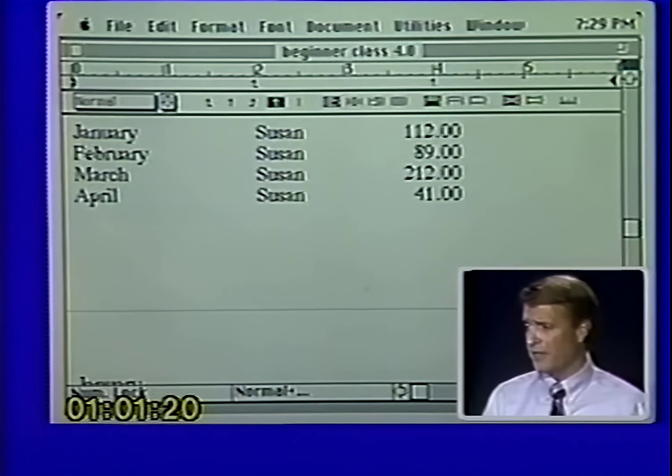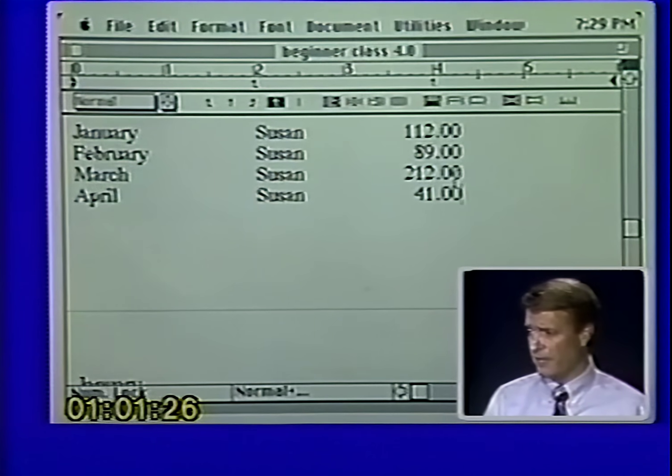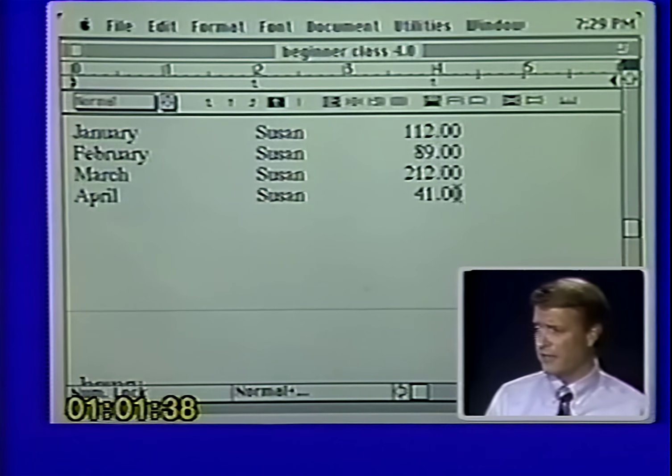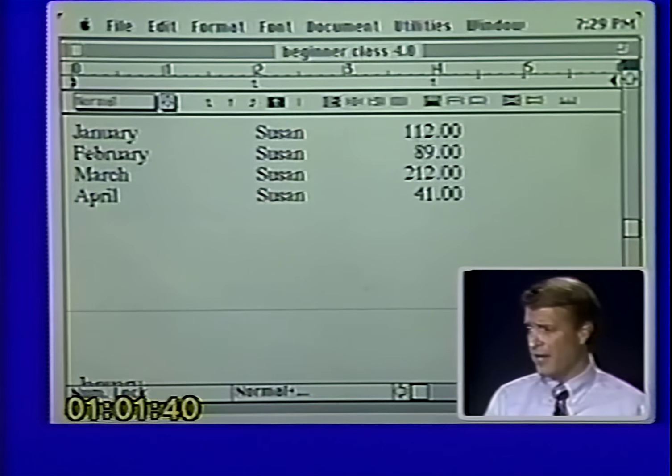Now while I have got this open, at this point I'd like to show you another feature of Microsoft Word, and that is, wouldn't it be nice while we had this if we could make Microsoft Word add the column of numbers? Now the new 4.0 not only adds, it subtracts, multiplies, and divides, which we'll go into on the advanced tape. But right now, if I wanted to add this column of numbers, and this works exactly the same in 3.02, all I have to do is a couple of functions, and the first one I need to do is to highlight this column.